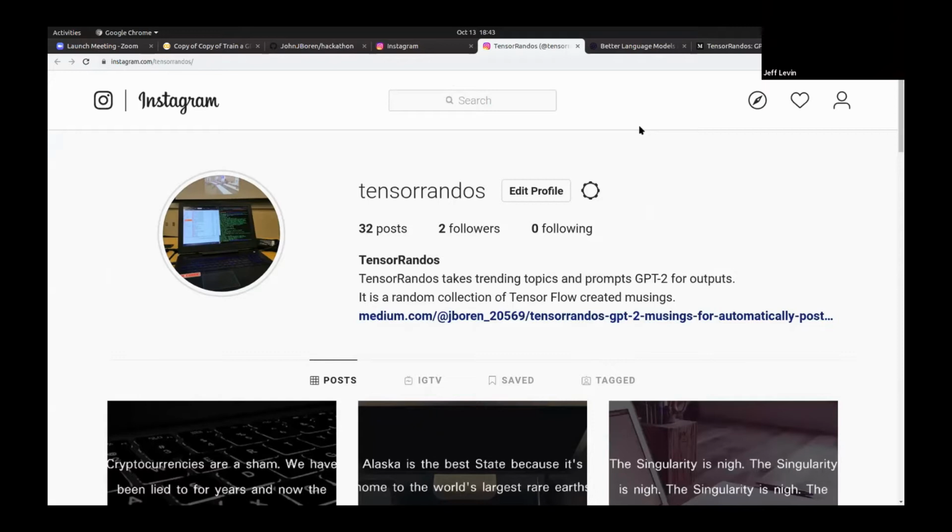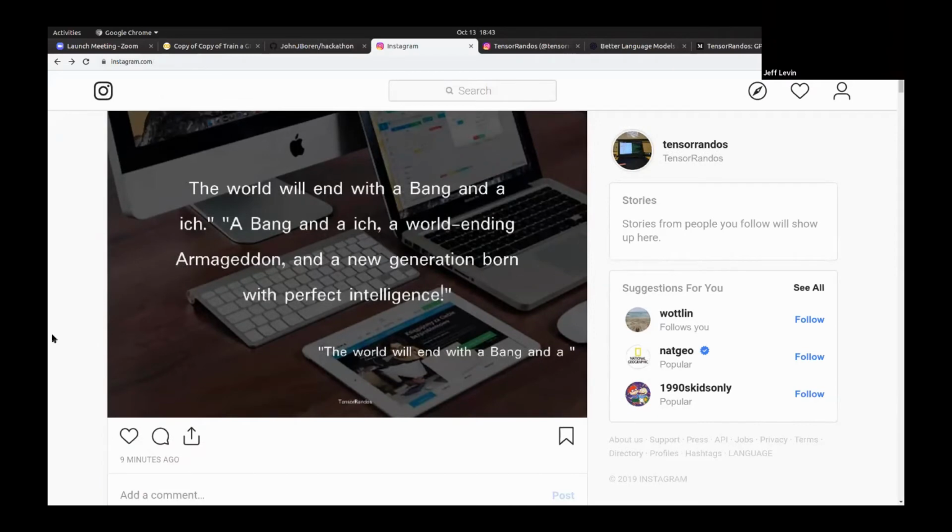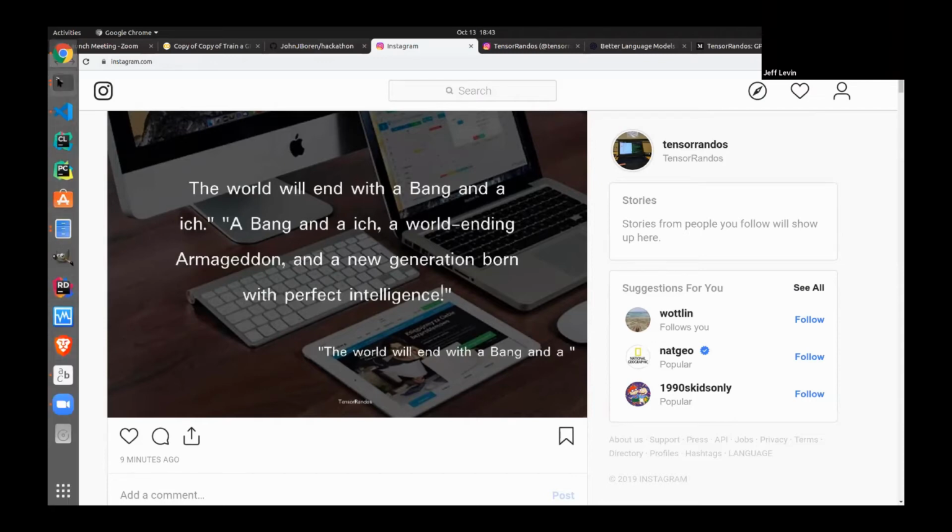But it takes trending topics and prompts GPT-2 for outputs. It's a random collection of TensorFlow created musings. Here's just a few of the ones that I've made. The prompts are in the bottom. They're branded. They take free and open source pictures from the cloud and put words on top of them with the Python image library. And to give you an example of that,